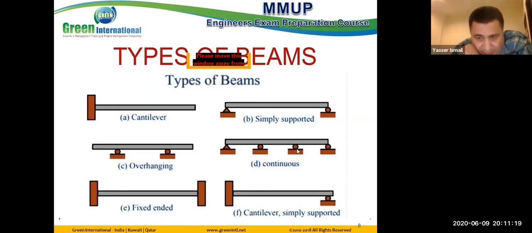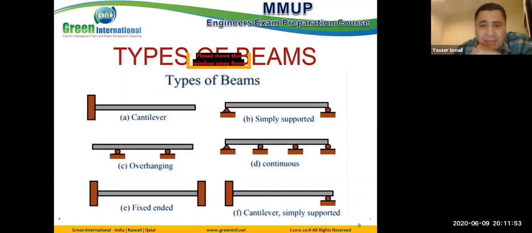And we have another reaction in this support. That means 1, 2, and we have another reaction, so 3 reactions now. And we have 2 reactions in this support because this is a hinged support. That means how many reactions then? 1, 2, 3, 4, 5. This continuous beam has 5 reactions, 5 unknowns. I need to calculate them to get all the internal forces.